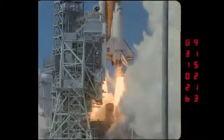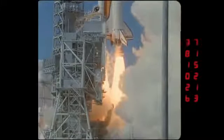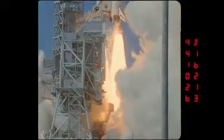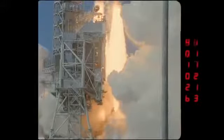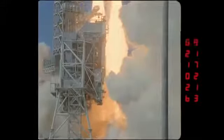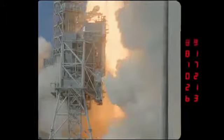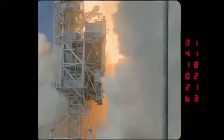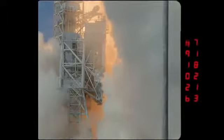And the lighting at 5 o'clock in the afternoon on this late spring day is just about perfect from this camera view. Of course, it won't be perfect for all the views, but certainly is a nice angle and really illuminates the vehicle as well as the structure very nicely. Yeah, I like when the vehicle leaves. I left a lot of these shots run long because I thought it was kind of neat to see what happens afterwards, and you can just see the whole service structure here being engulfed in steam and exhaust from the